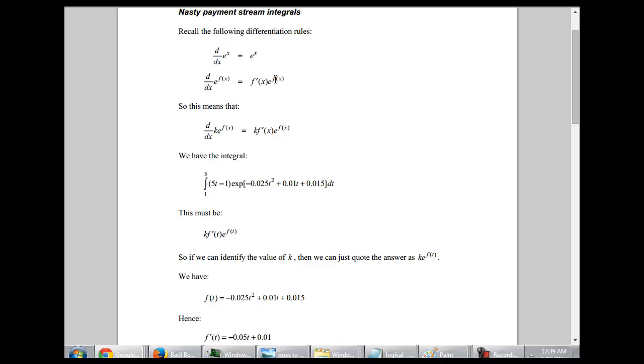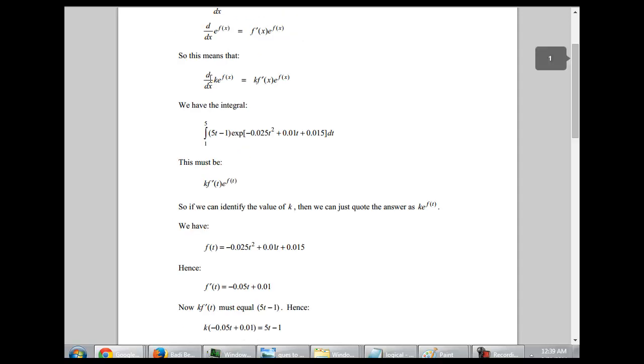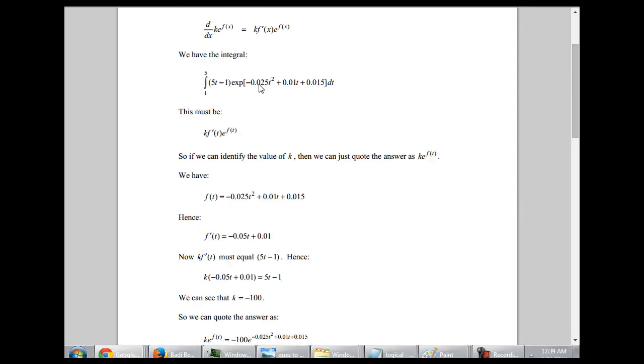So if we can convert this function that we wanted to integrate into this format, where the thing that sticks on the left hand side of e is f prime(x), then we can integrate that and directly put that as f(x). Now if you have got a constant k, that would just move out, so that is not a problem.